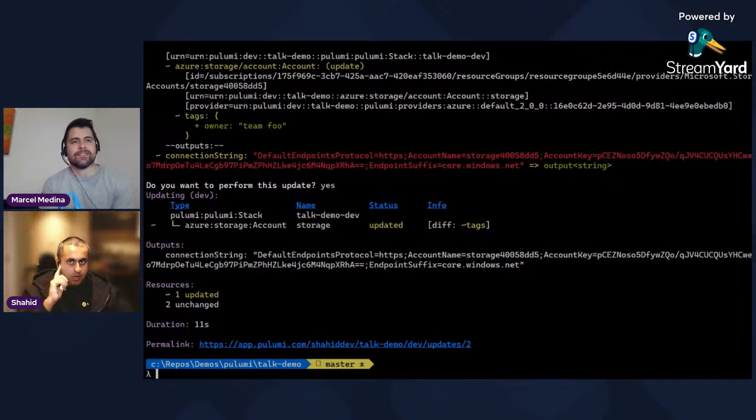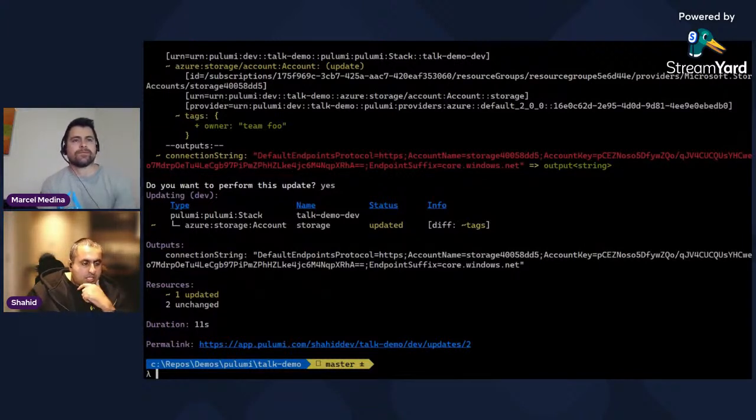Yeah, so ARM has a what-if, but in my experience, it works 2% of the time, if that. That's maybe generous. Most of the time, it doesn't give you a good what-if. It doesn't tell you the state it's going to change. So this is much more aligned to the way folks who may be familiar with Terraform would see as well, that it's maintaining this state. Cloud provider APIs can be quite tricky, so the CLI approach can be quite tricky sometimes to do what-ifs on, especially on a complex deployment.